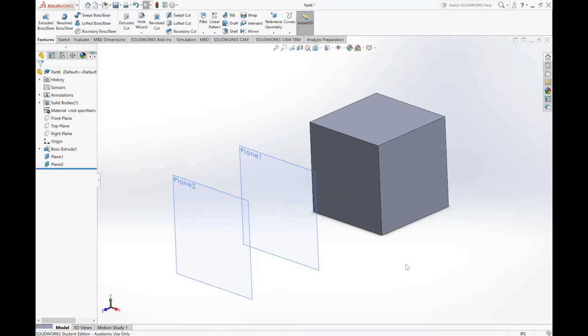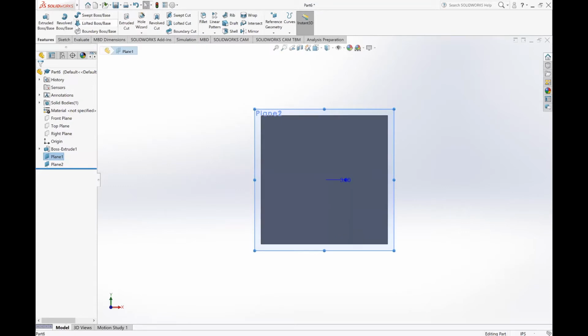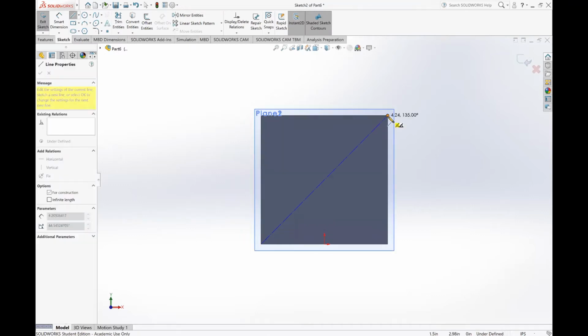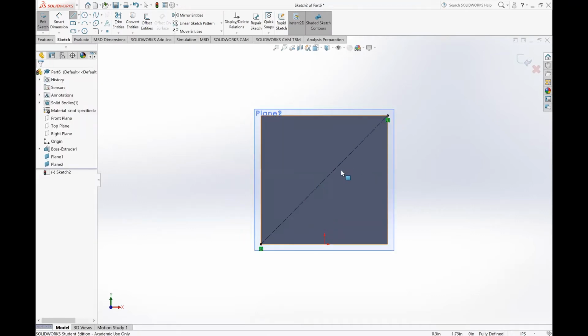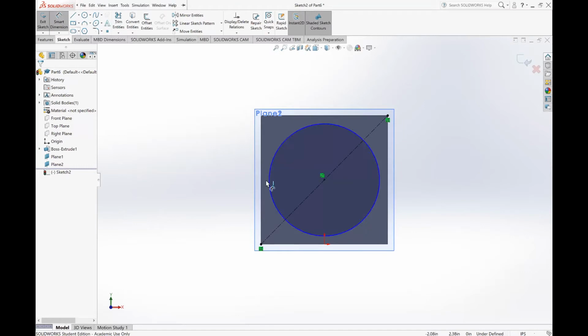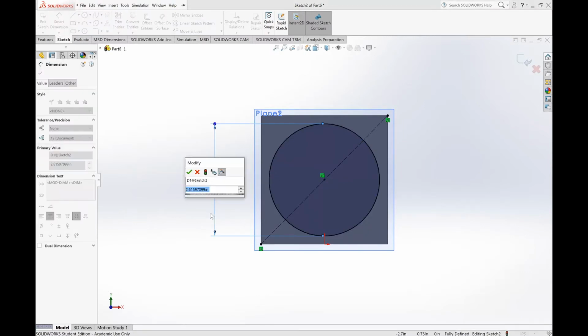Now, for our second part, I'm gonna use my plane number 1, and on here, what I want to do is place a circle. So I'm gonna quickly find the center by tracing a diagonal reference line, not a solid line, and then placing a circle with the midpoint of that line here. So circle, diameter 2.5,